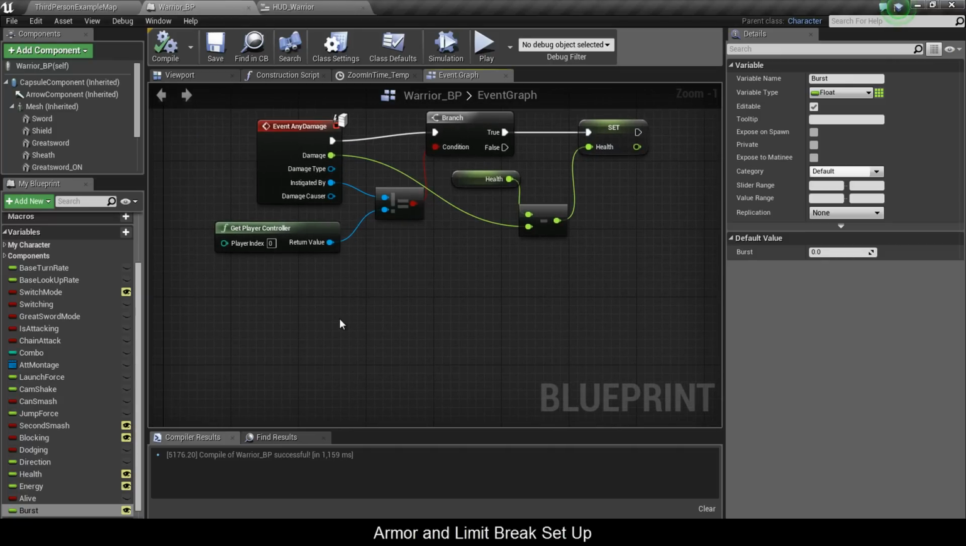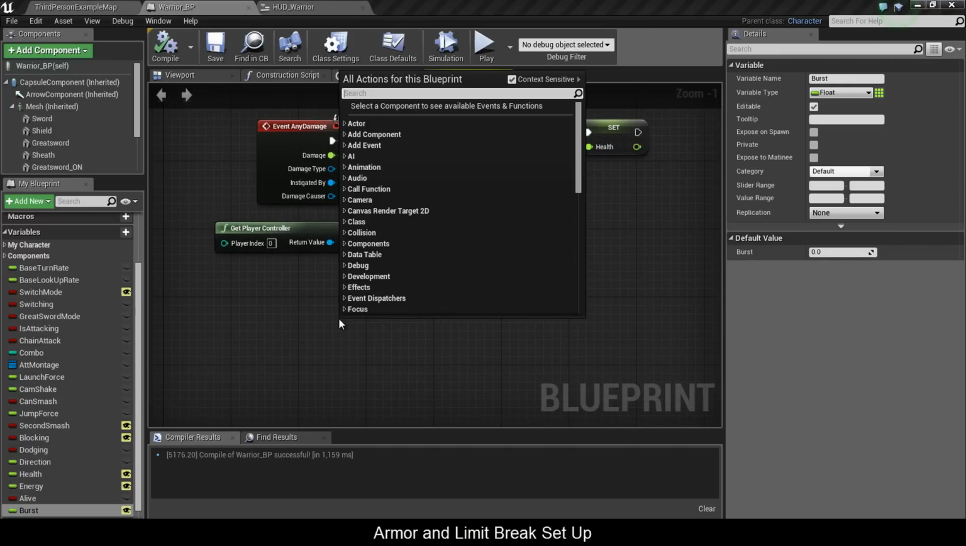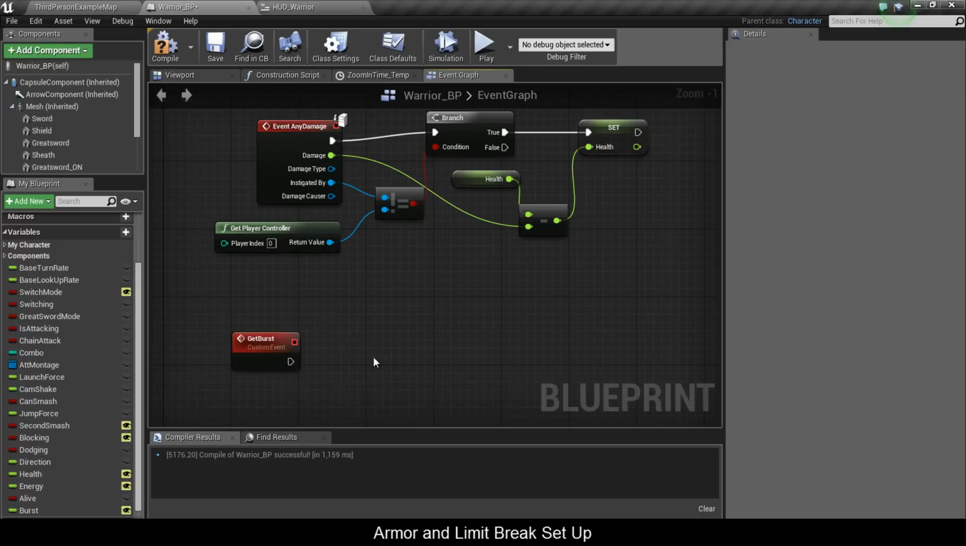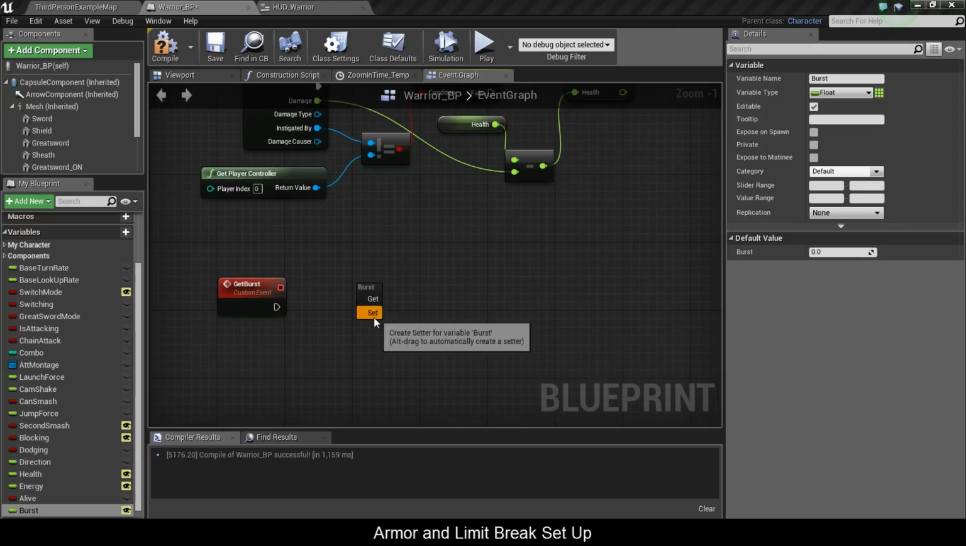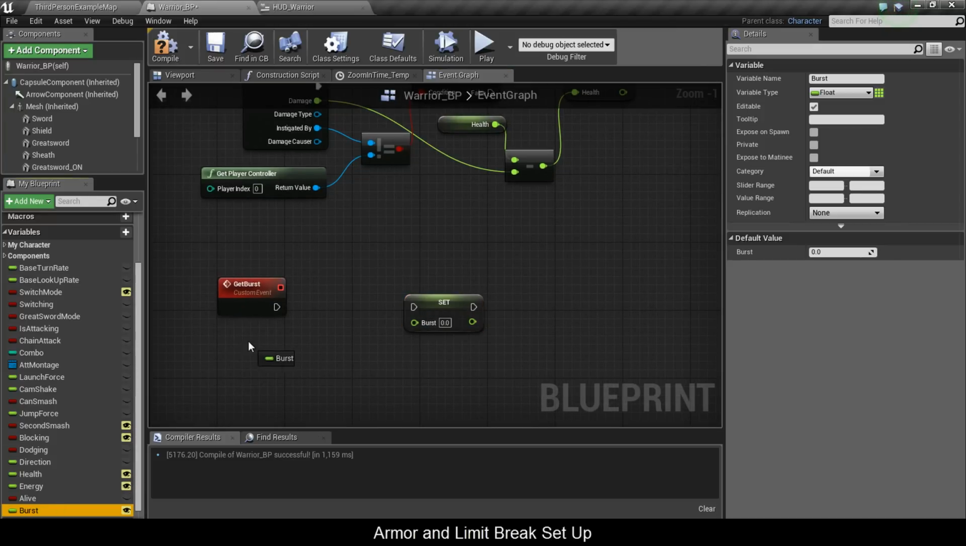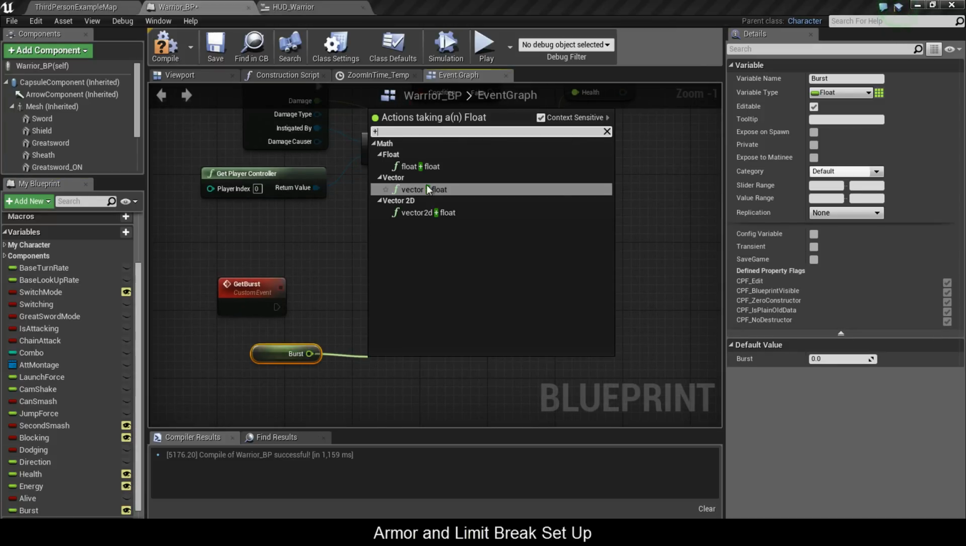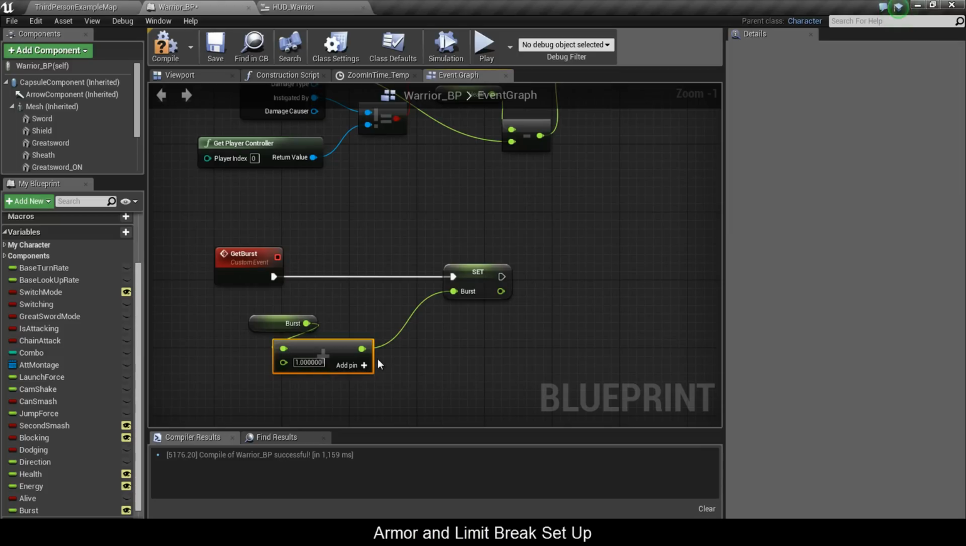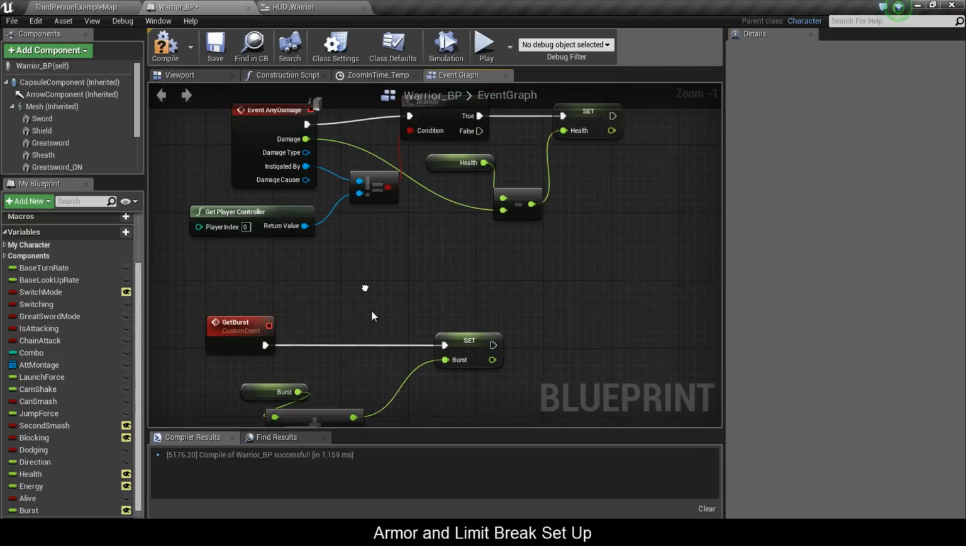And here we're gonna start to add burst to our character. So add a custom event. Type in get burst. We're gonna set this and also get it. Type in plus. Connect these two together. Now, obviously, you can just give it a fixed amount at every hit you take, or you can do something even greater,